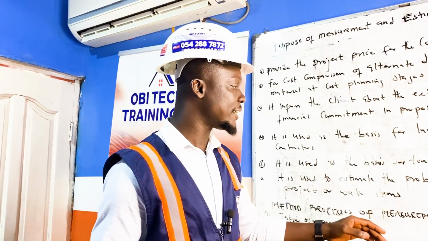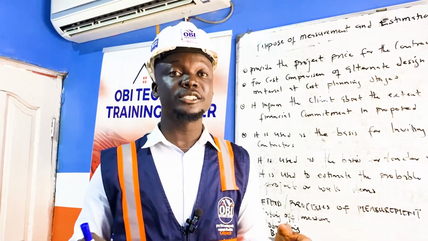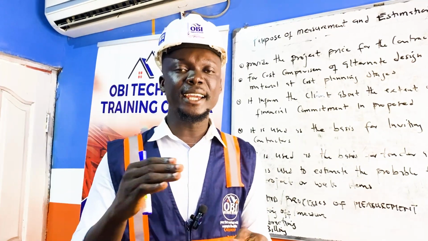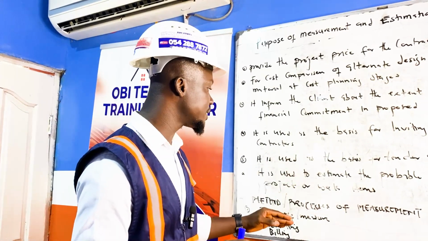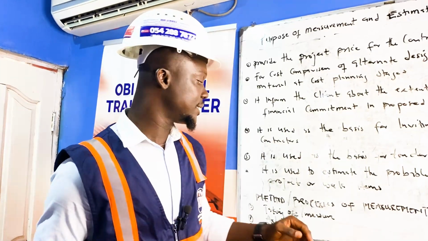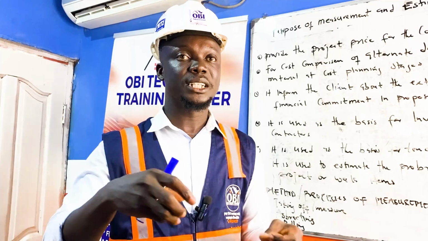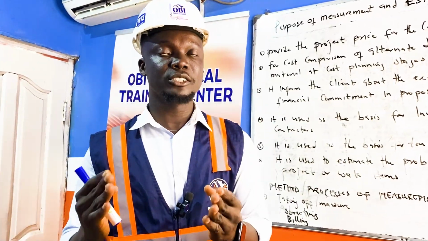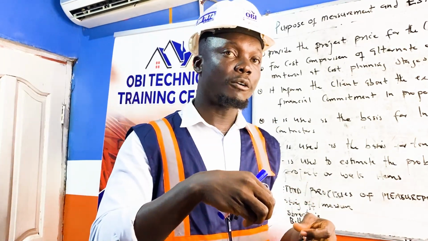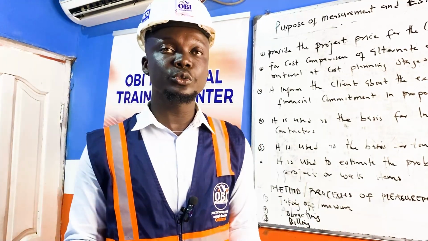These sections are very important in the stage of measurement and estimation. So I would like you viewers to always pay attention to this, play this video over and over again and revise it, so that anytime you have any work to do, you know that with the process of measurement and estimation, you have to go through these 3 stages. The first is the taking off, that is the measurement. The second is the abstracting, that is taking the actual measurement from the taking off, based on the work trade section. The third is taking the abstracted figures or quantities to the bill of quantities, to give a brief or detailed description of the work item to be done, and also do the rate analysis.